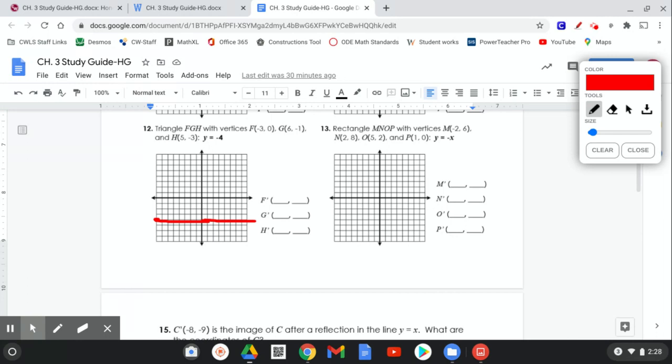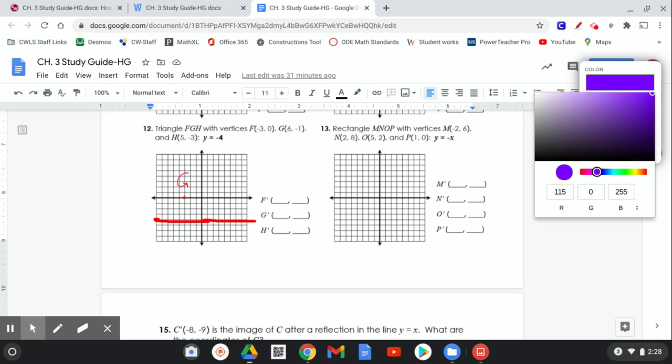So that's going to be 1, 2, 3, 0 right there. That's going to be G. All right. And then we just see how far it is from that line. It's 4 units away. So we're going to go another 4 units down here and get the coordinate for G prime, which is going to be